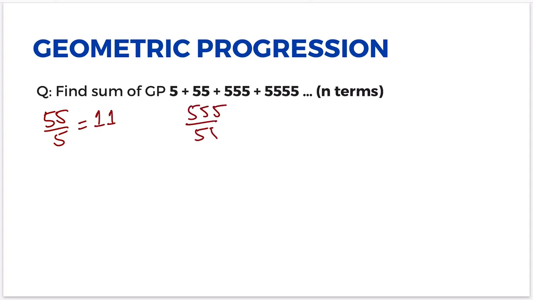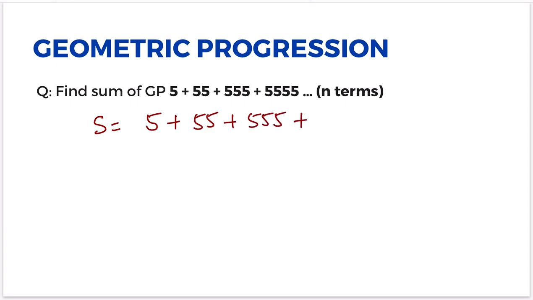5 by 5 is not equal to 11. So this series is not a geometric progression series. But why have I kept it as a geometric progression series? You need to just do simple formatting, then make it a geometric progression series. How? Let's see. Such questions have been asked in previous year questions, and this is one of the examiner's